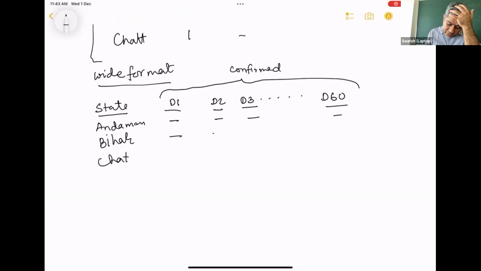Then day 2, Andaman, Bihar, all Bihar values or Chhattisgarh values. Then I'm going to start deceased. Again, deceased will have day 1, day 2, this way. So this is typically called wide format.